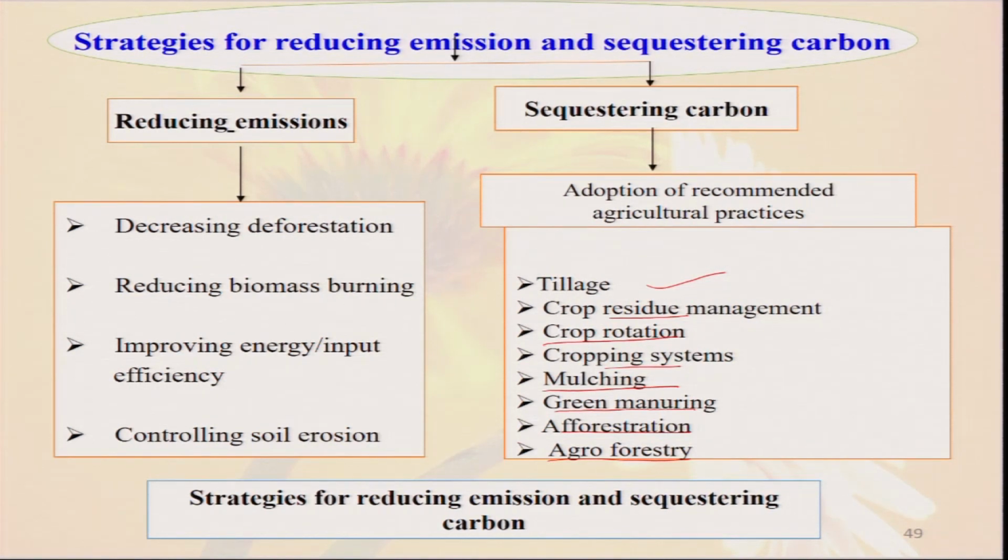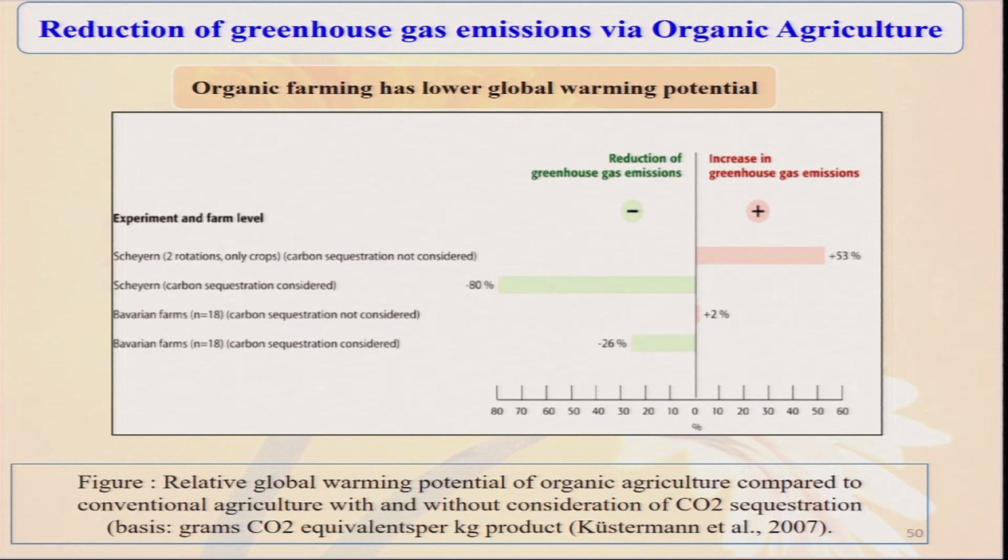In organic farming, we always advocate going for residue management, residue cover, green manuring, legumes, intercropping, mixed farming, afforestation, agroforestry. So all of these instruments help not only to mitigate carbon dioxide and other greenhouse gases, but also to adapt our agriculture so that our agriculture becomes climate smart. The reduction of greenhouse gas emission also lowers the global warming potential. Where carbon sequestration is considered, the greenhouse gas emission is minus 80%. Also, carbon sequestration has a very prominent role whenever we calculate different greenhouse gas emissions,